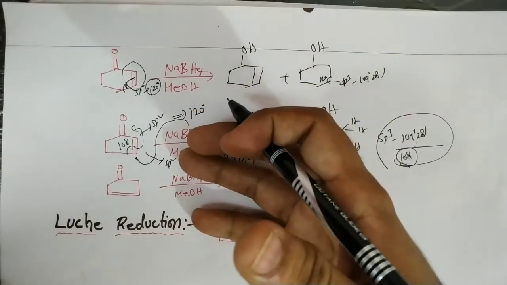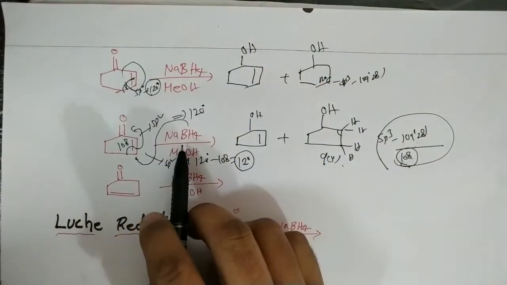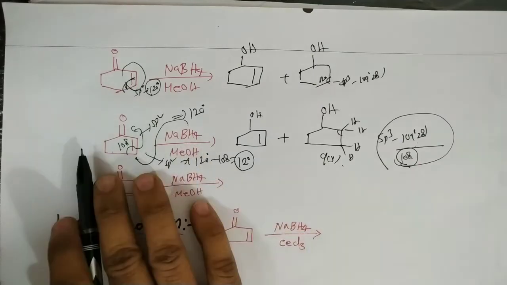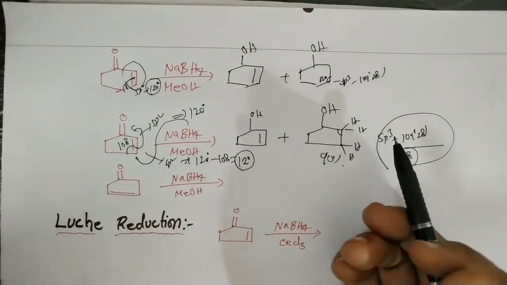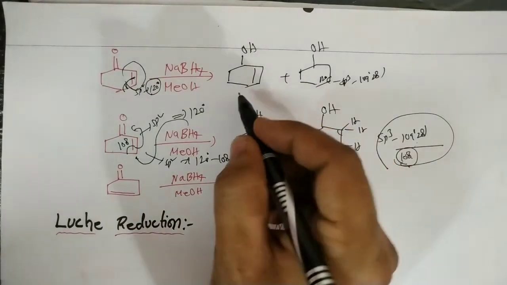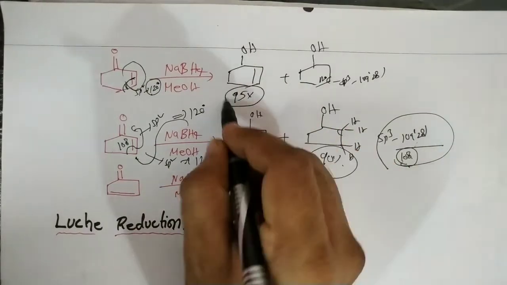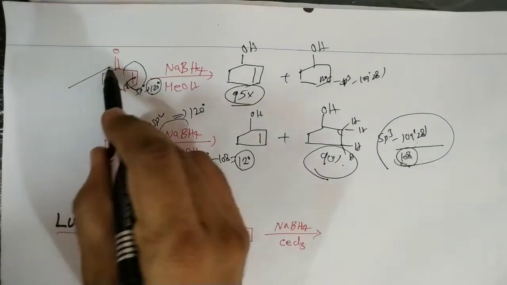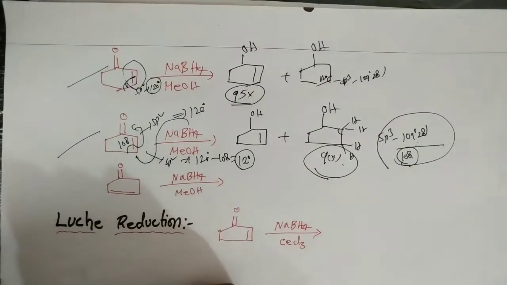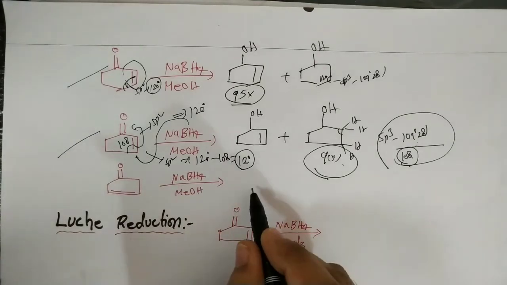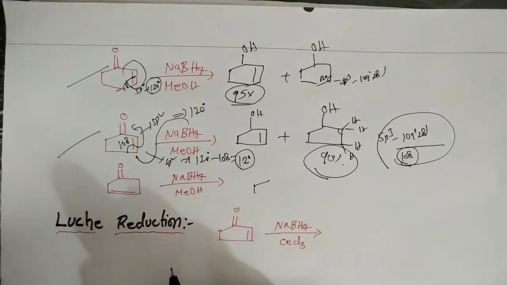So with a weak reducing agent that is not possible here. In this reaction, because of the strain relieving, the double bond is reduced, and we get 90%. Here in this case this is 95% of the product. Okay, you can see this in Jonathan Clayden's organic chemistry book. Now in this case, very interesting, this double bond is not reduced because it is not in conjugation actually.